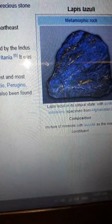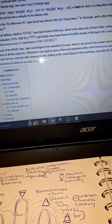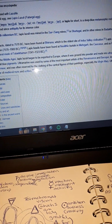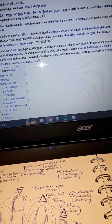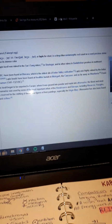So I ended up going in, see here, and it's very interesting. If you know about the ozone layer, ozone's O3, it is a blue layer. O3, it has like an odd, strange smell to it. Some people have made comments about rocks falling from the sky or whatever, and it'd be interesting if that would be lapis, but maybe it's something else. Not saying that that's actually a thing, just keep an open mind. Anyways,